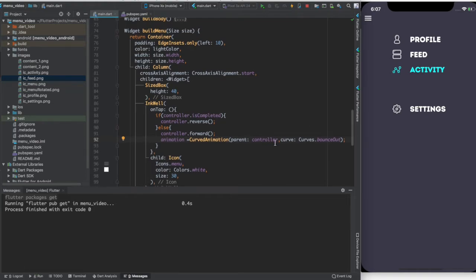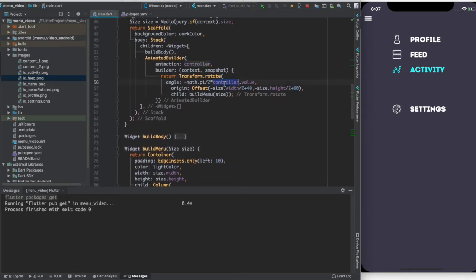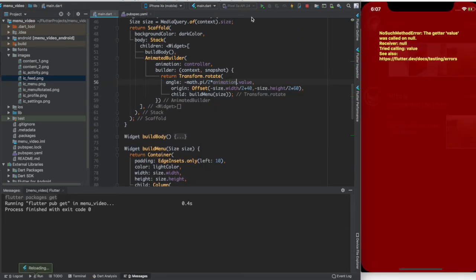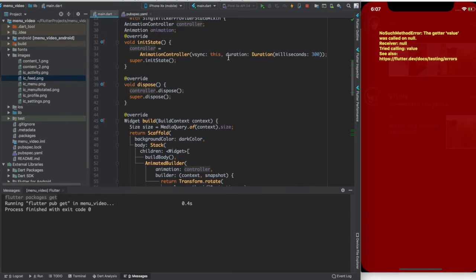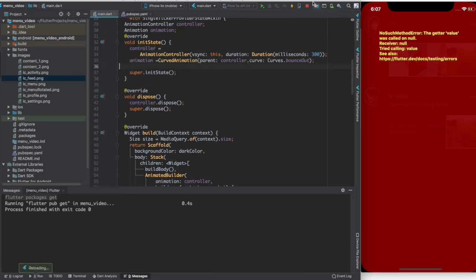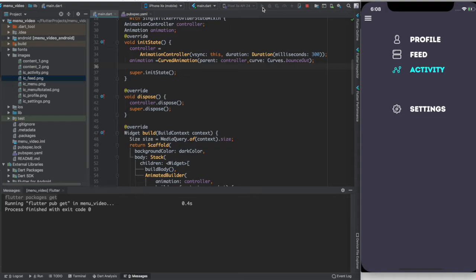Then I'll change the value of the controller with the value of the animation, and error, because I didn't initialize the animation at the start of the app. So I'm going to paste this animation initialization at the start of the app. Now it works good